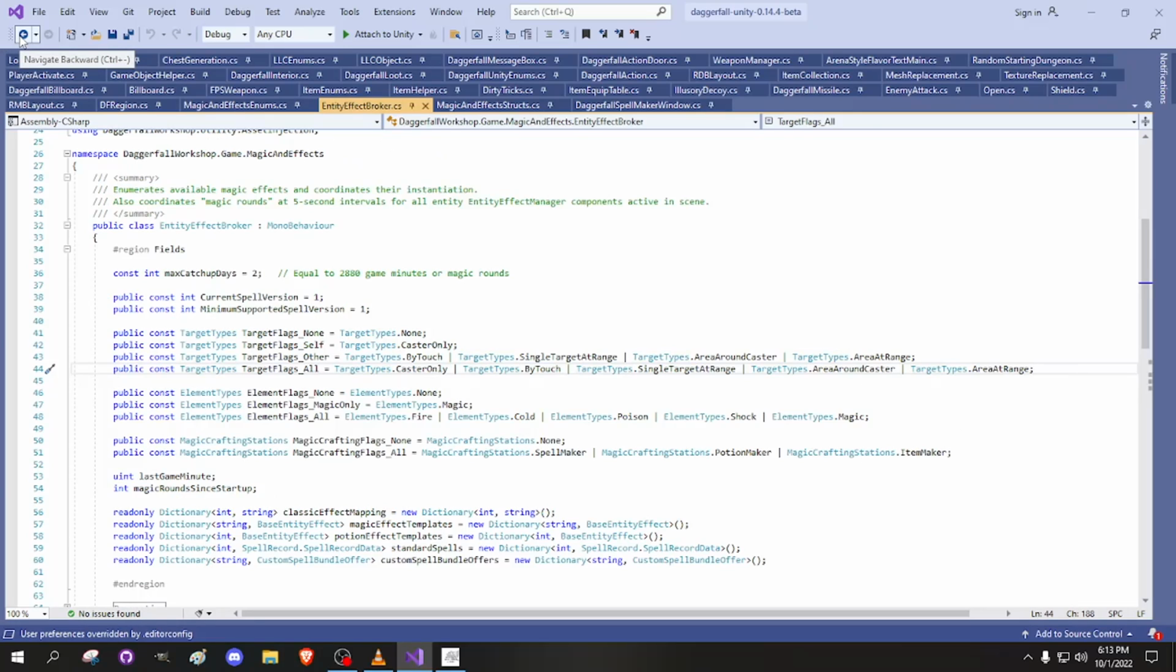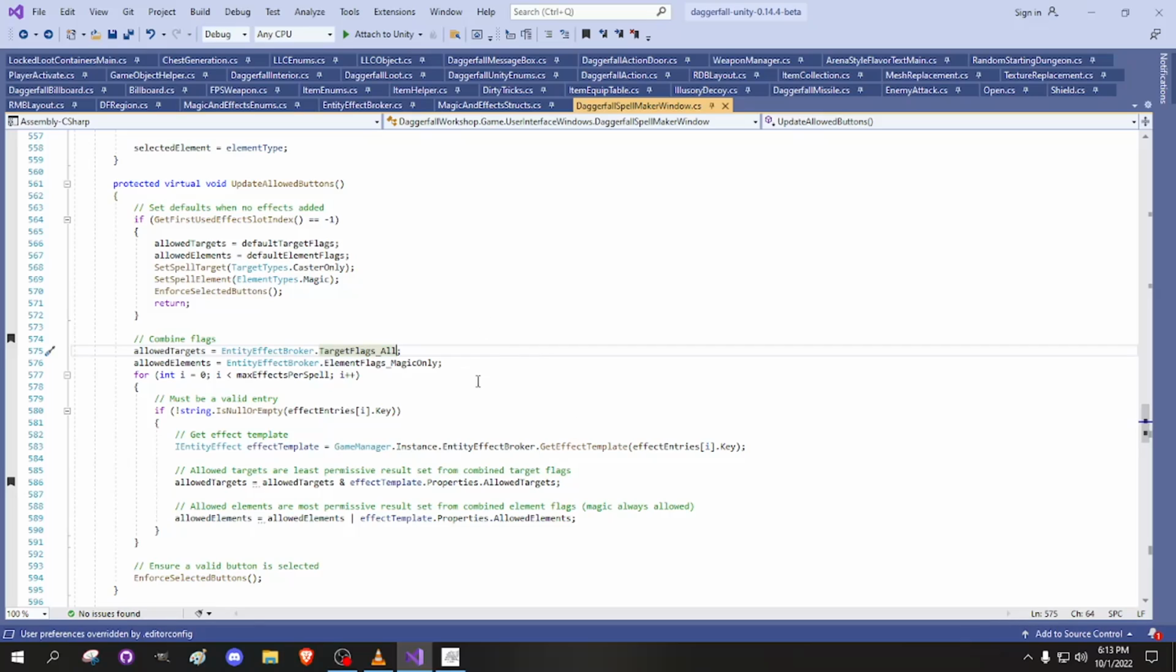And when you evaluate those in a binary sense, or in a bit by bit sense like I just did there, you could then use that to filter, I guess you could say, or have two values conform with each other, combine with each other. So in this case down here, for the allowed targets are least permissive results set from combined target flags, which basically means it